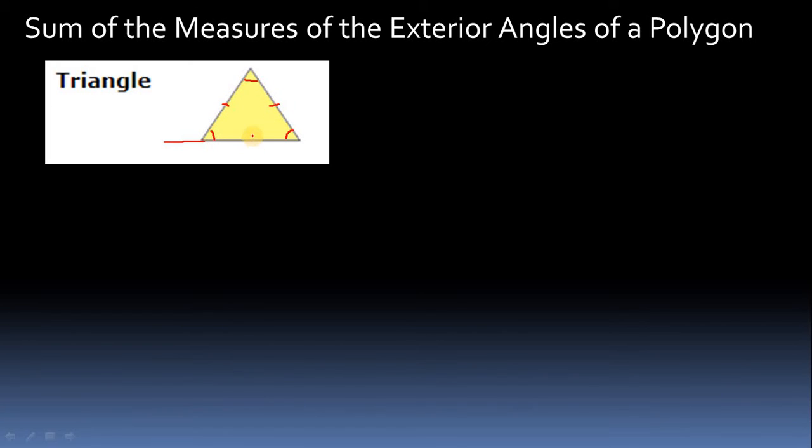This one is an equilateral triangle, which means its sides and angles are the same. So in the equilateral triangle the inner angle is 60 degrees because the sum of all internal angles is 180. So one angle is 60, 60, 60. So what about the external angle? It means 180 minus 60, so that external angle will be 120.